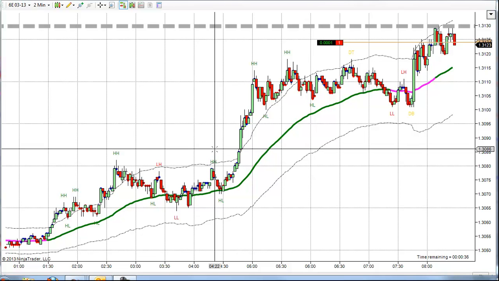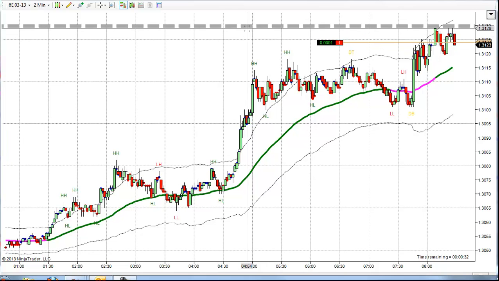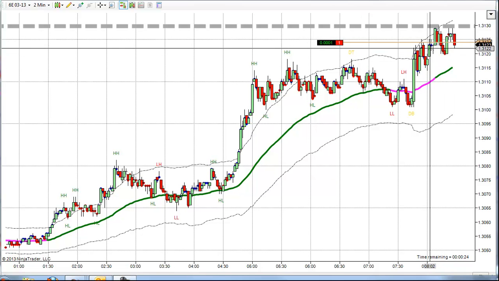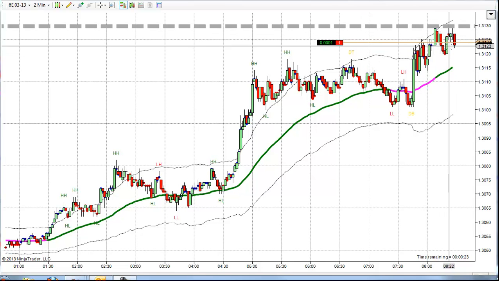Okay, trading the euro this morning on the 10th. Back up to this area of resistance that we've been talking about, and we have a bit of a formation that I like to see up in this area. See how the market approached this area, backed off of it,